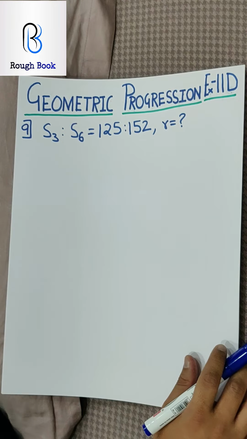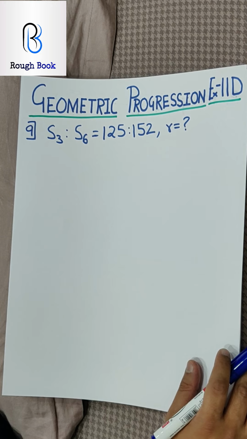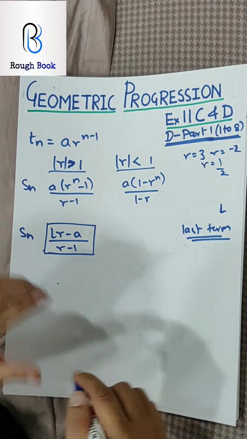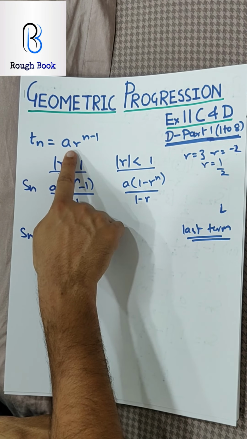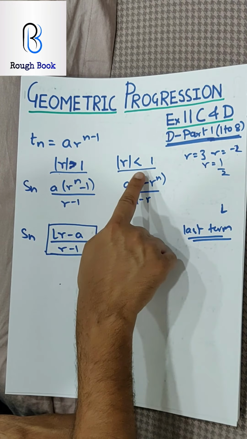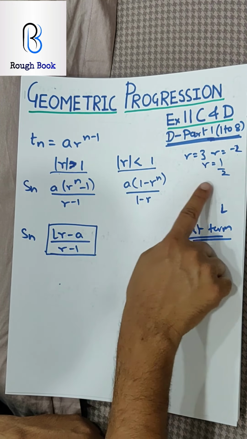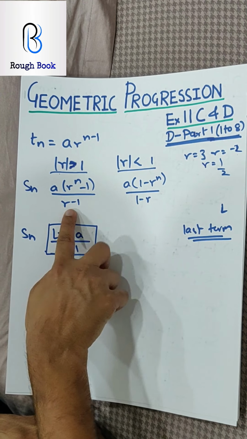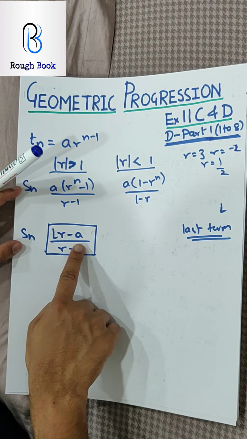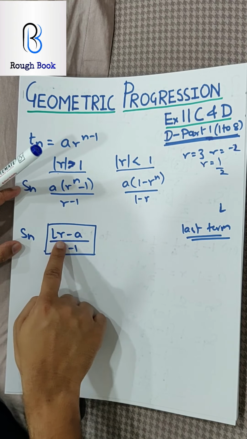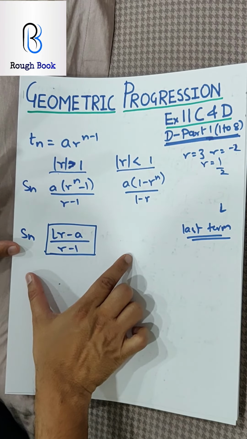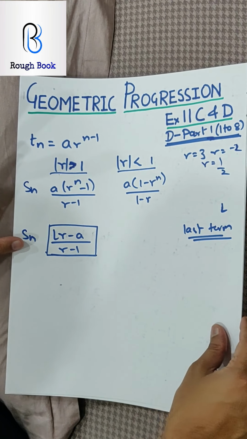Yeah, so a few questions I have already written here, so let's quickly hit it. Before we start, just a quick look at the formulae. Last time when we did it, Tn we already know. Sn we said has two possibilities, if the absolute value of r is greater or lesser than 1. Absolute means ignore the sign. So if it is greater, this; lesser, this. And for the last term formula, we remember the acronym, anybody? Yes, Last Romeo Alive, (lr minus a) upon (r minus 1). So these are the basic formulae which we are going to use in this exercise as well.